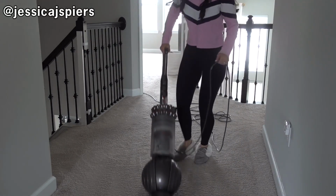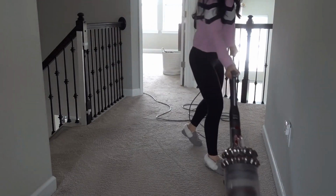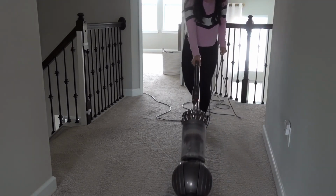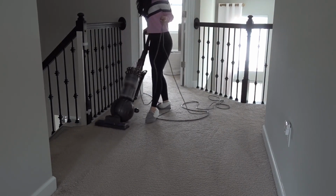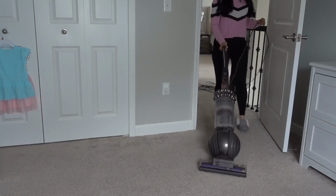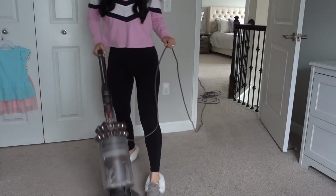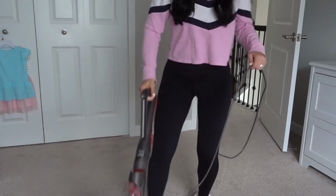These vacuum lines on the carpet always make it so worth it to lug the heavy vacuum upstairs and get the job done. I frequently get asked about the Dyson V11 and I've heard amazing things. I know it's cordless and honestly I've highly considered purchasing it, but our vacuum is just such a beast and it does such an incredible job, and I don't have to worry about square footage wise running out of battery